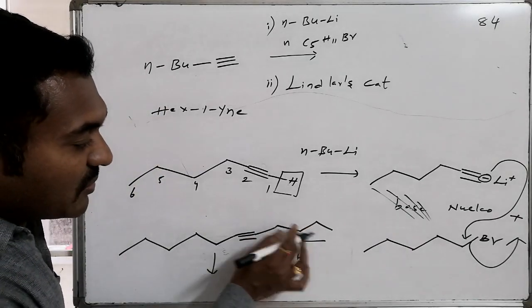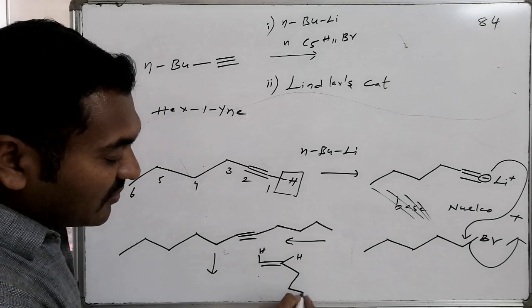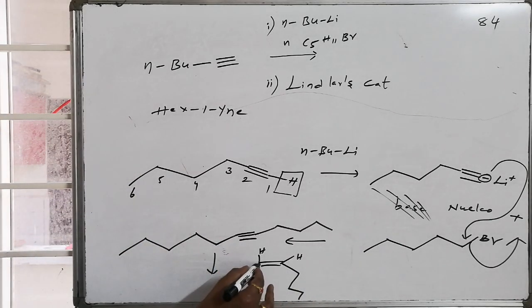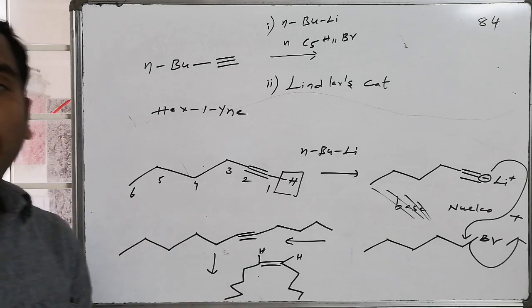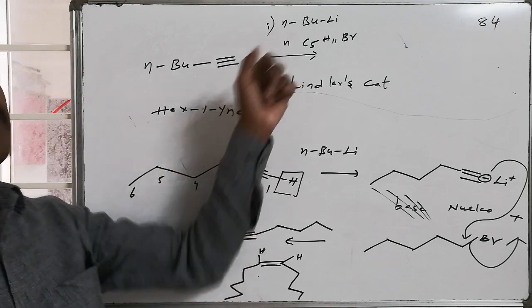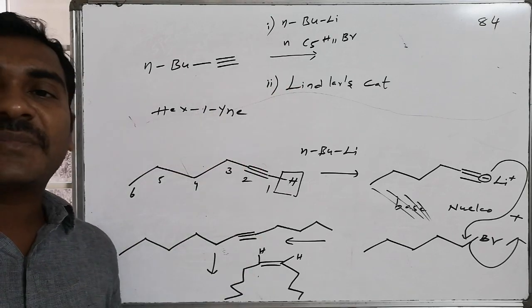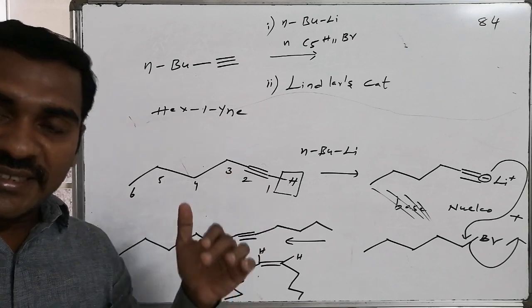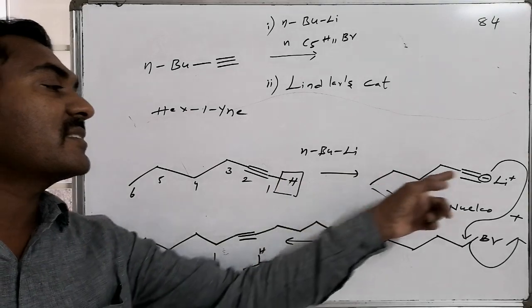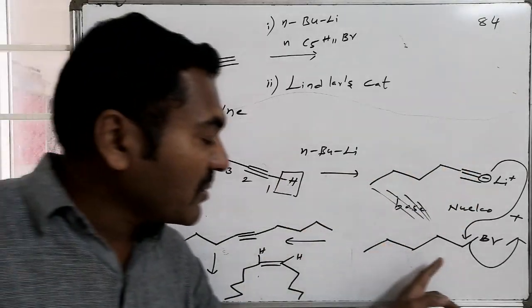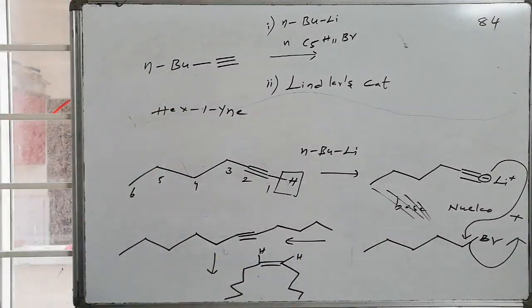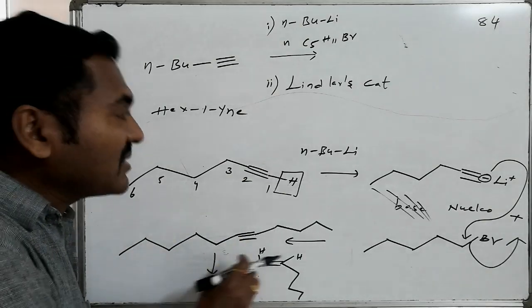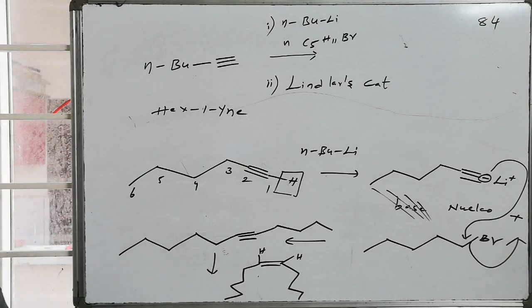One side has 1, 2, 3, 4 carbon atoms, and the other side has 5 carbon atoms, 1, 2, 3, 4, 5. Like this, alkene formation takes place as a sequence of reactions with butyl lithium. Butyl lithium is a base. It abstracts the proton from the acetylenic hydrogen, which is the terminal hydrogen, and the alkyne is converted into a nucleophile. Now this nucleophile attacks the alkyl bromide, thus resulting in the formation of an internal alkyne. This alkyne participates in partial cis hydrogenation in the presence of Lindlar's catalyst, thus resulting in the formation of what,